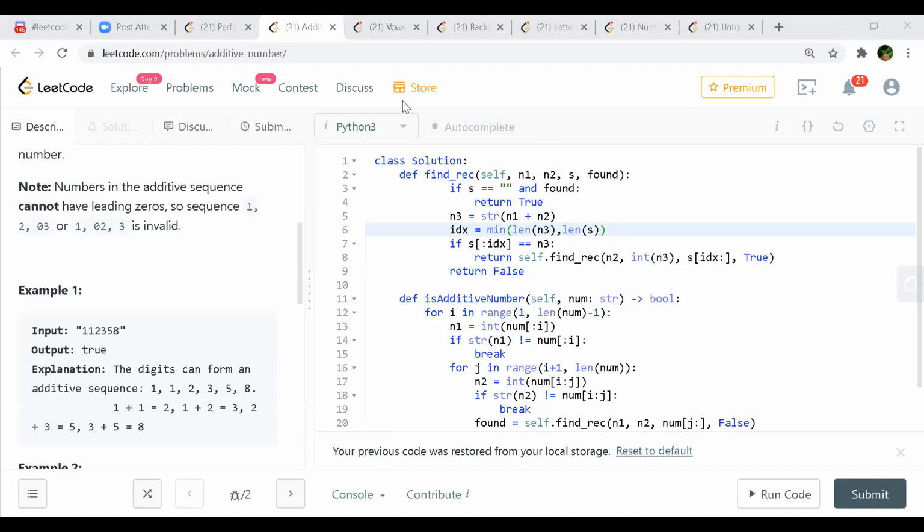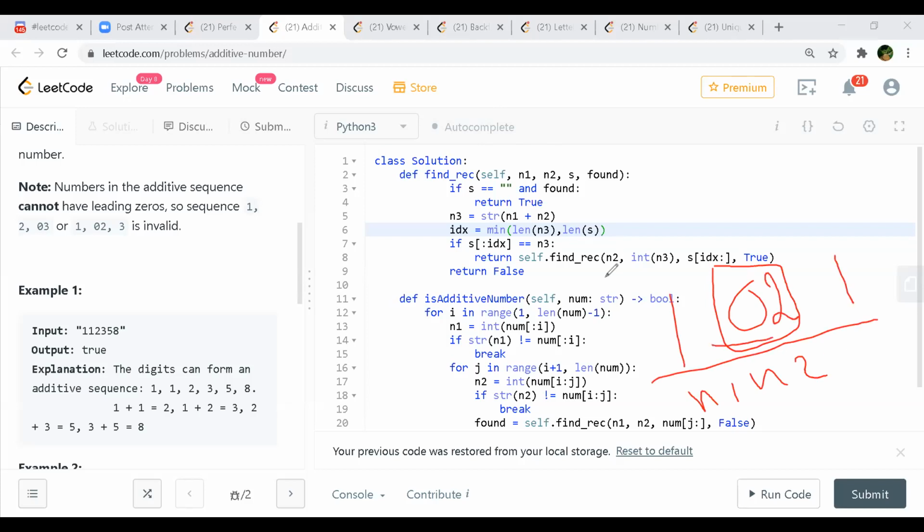I think it would be valid. I mean, a single zero you can have, right? But you can't have a leading zero. Like the length would be the same in line number 18. Only a leading zero should not be there. Single zero, if you have, it's valid. It will be n2 and this will be n1. And if you find one, it's a valid case. But if you have 0, 2, this is not a valid one.